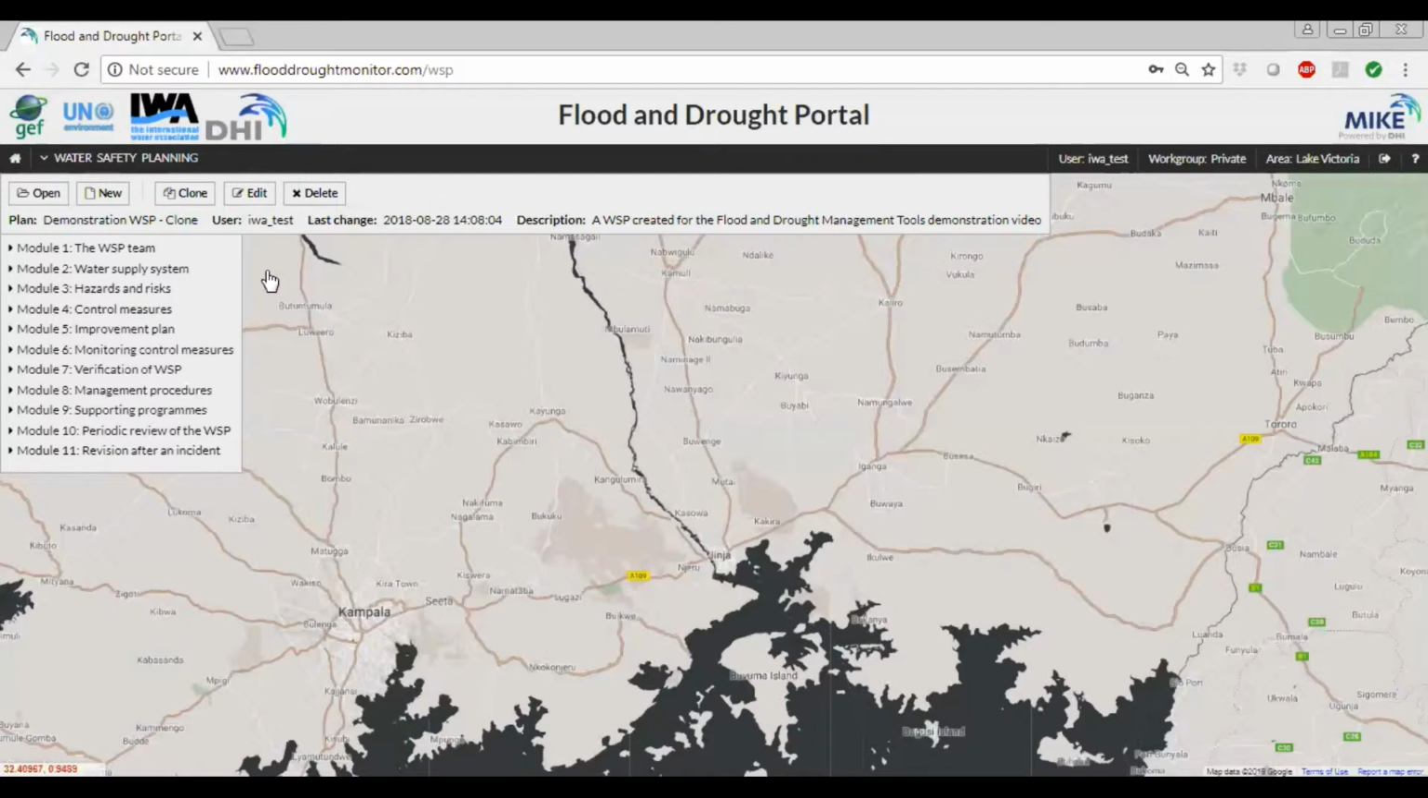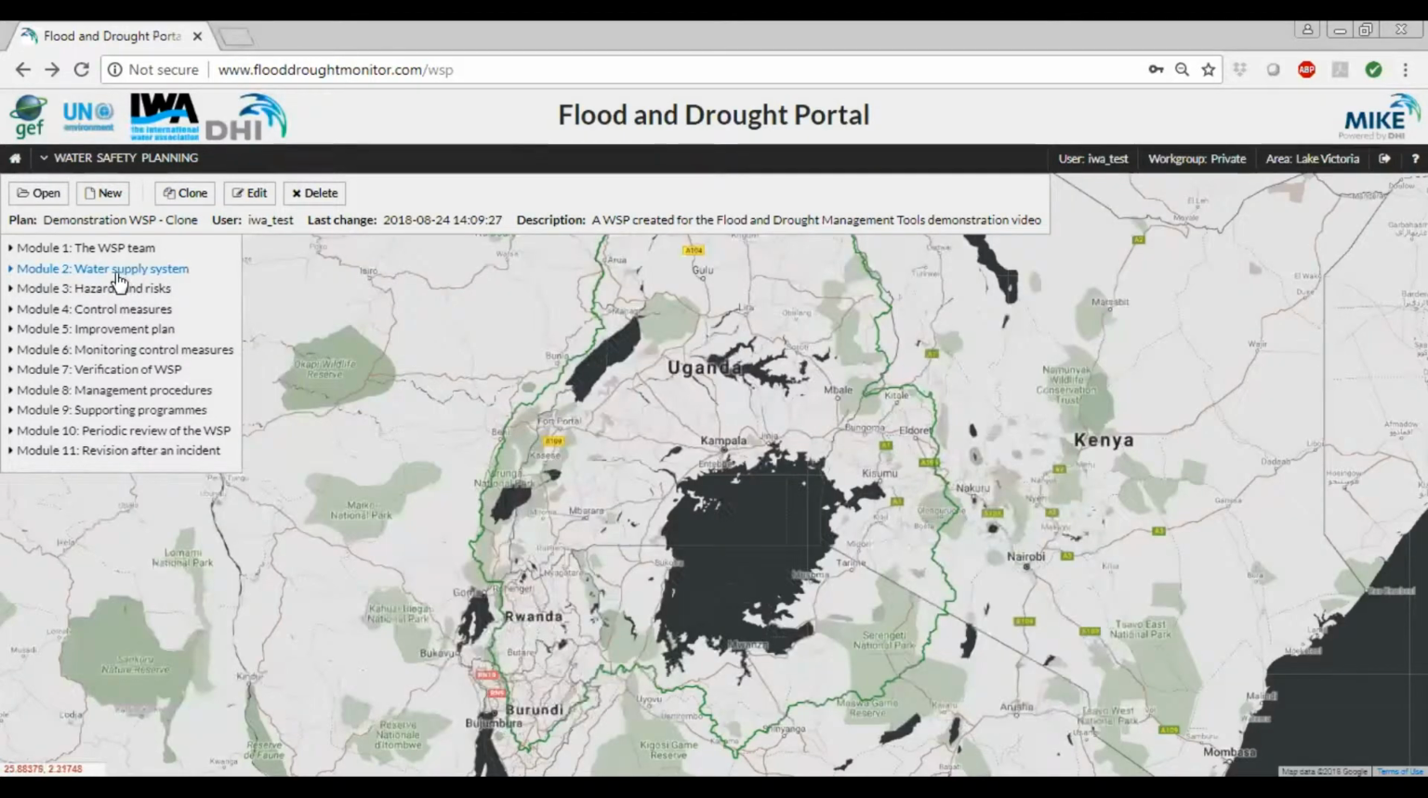Using the application, a user can describe their water supply system under two levels. The first one is level 1, which looks at the main supply processes, e.g. catchment, treatment, and distribution. And then level 2, which are sub-processes with more detailed steps, e.g. aeration, flocculation, and disinfection. To begin describing your system, click on Module 2, which is the Water Supply System link,